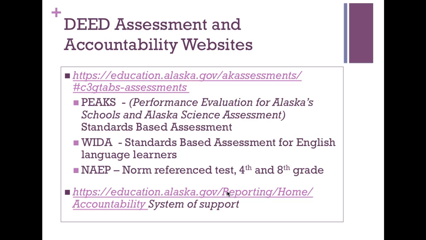The other site you want to open up is the accountability system that the state keeps, the system of support. It tells how schools have measured out on the PEAKS assessment and the NAEP, I think, and what kind of support each school requires or needs based on those assessments. So that's something to just open up and scan through. If you're at a school, you can find your school. You have to type it in and you'll see where your school stands